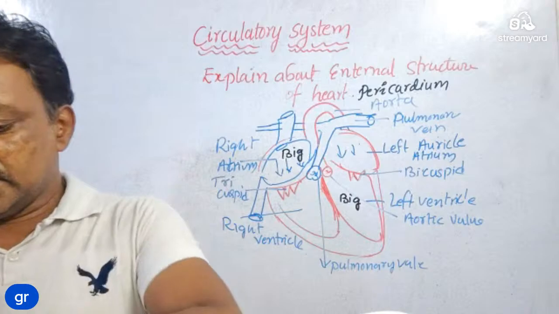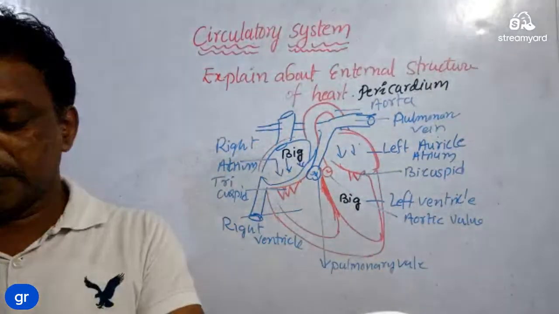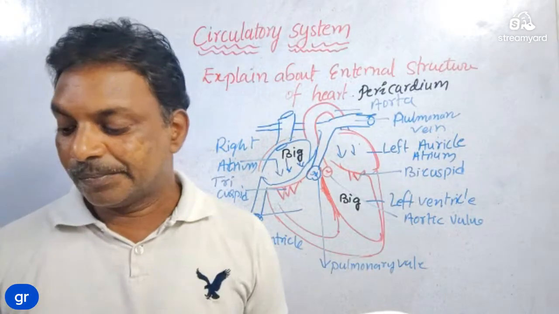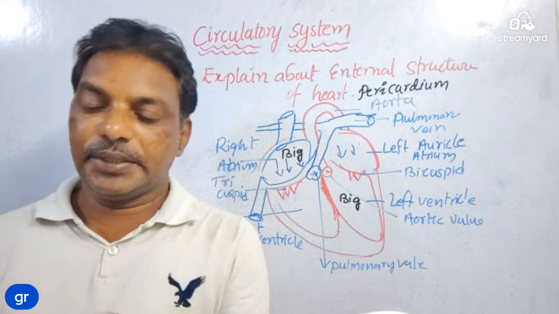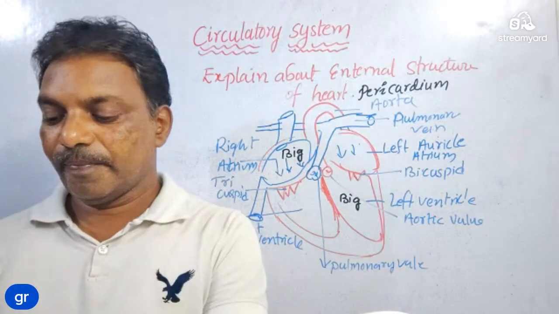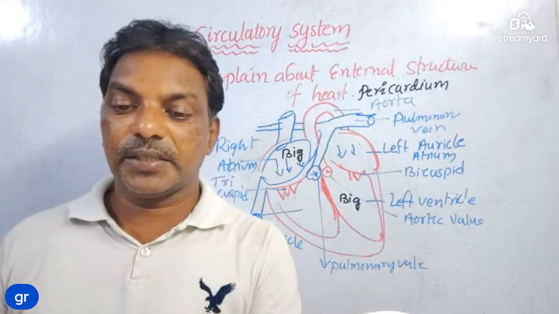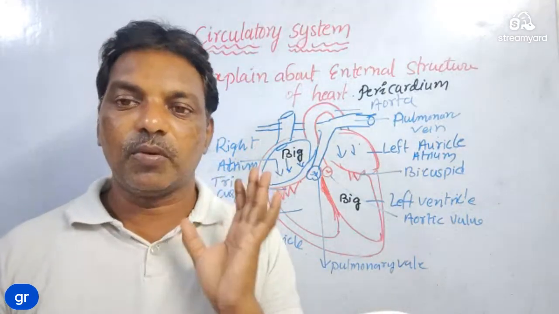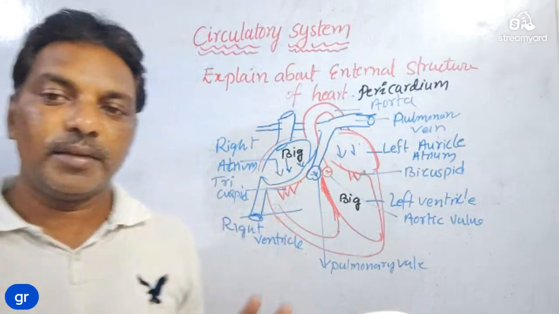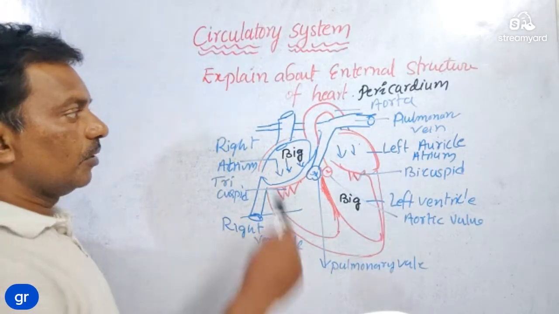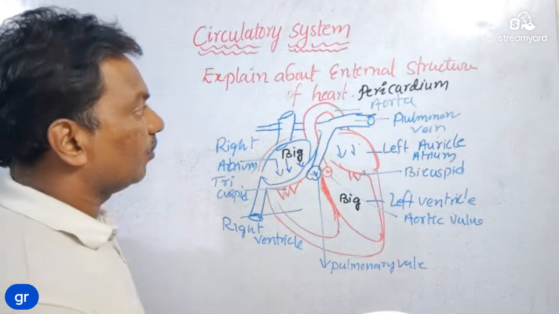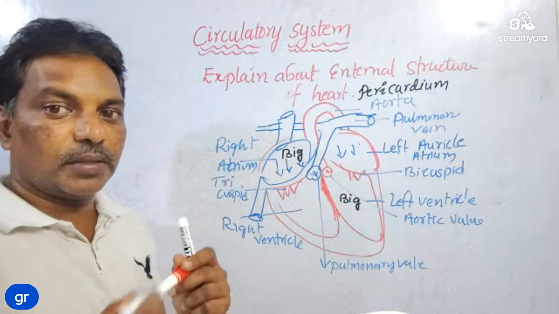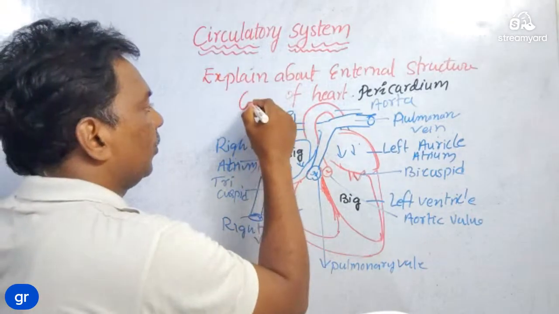Next, we are going to discuss double circuit circulation. Shall we discuss it? Next, what is the difference between double circulation and the internal structure of heart? Is it audible to you? I'm going slowly, I'm not going to hurry. Maybe it will take some time, but here I'm going to draw the lungs.